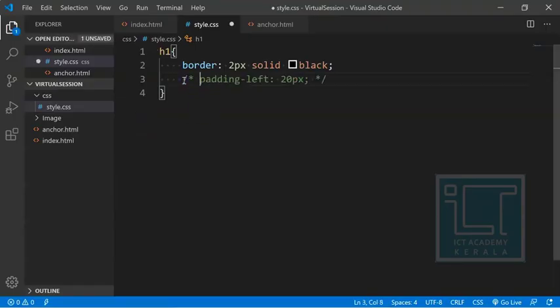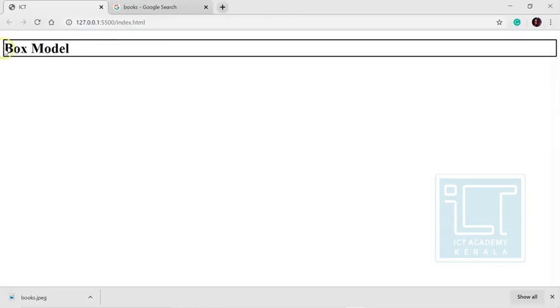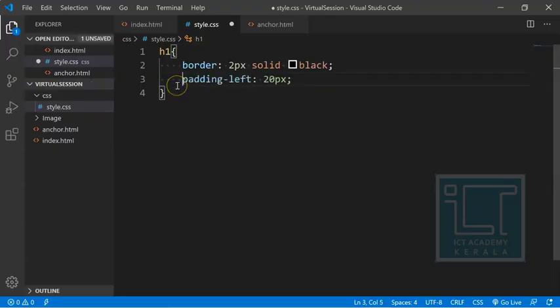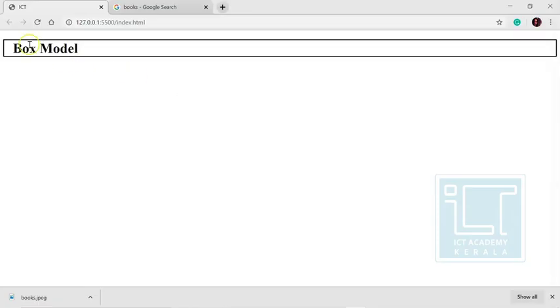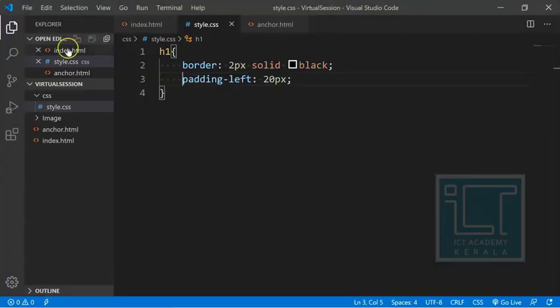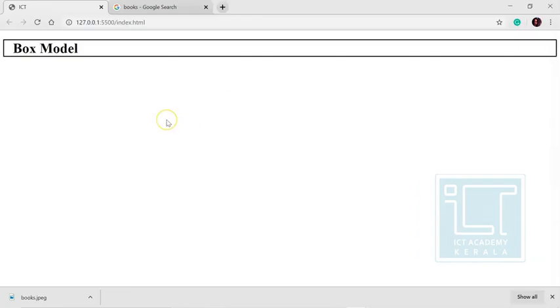Before this there was no space between the border and the content. If I give the padding left 20 pixels, I'm saying I need the padding space only on the left side, and I don't need any padding space on the top and the bottom. So if I mention it specifically, it may appear like that. So padding is basically the distance from the border to the content.